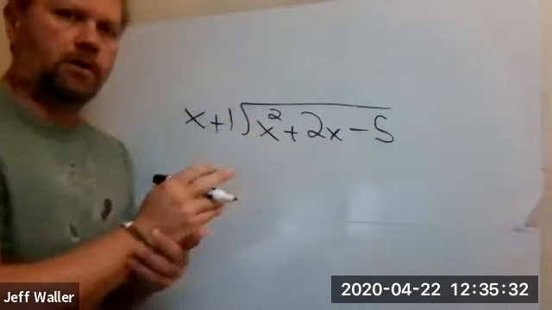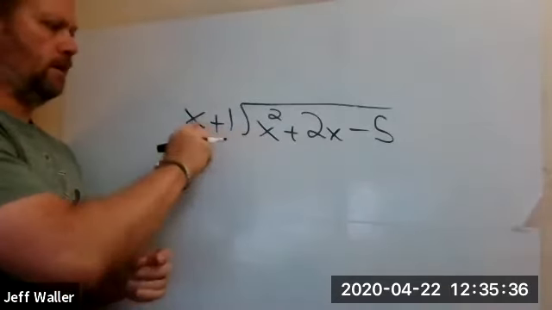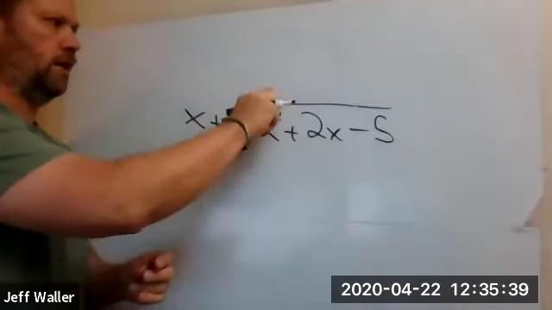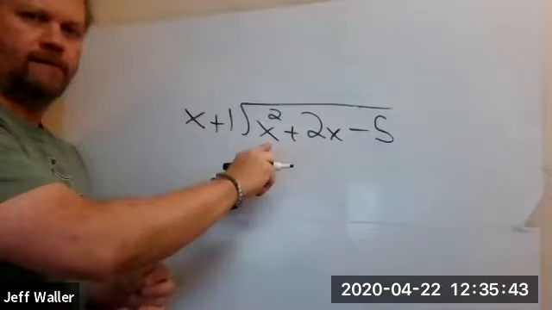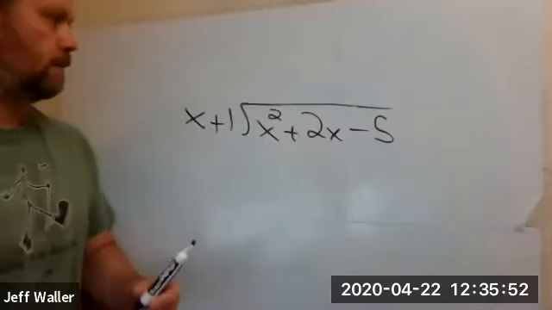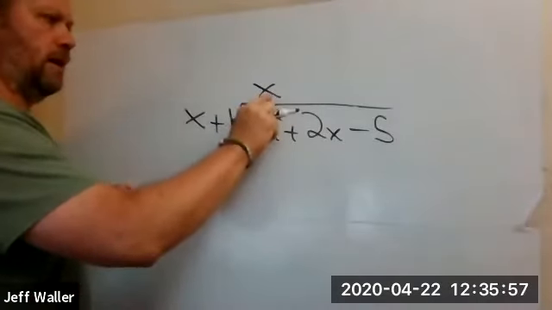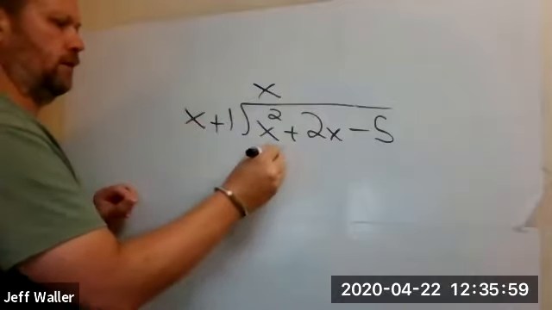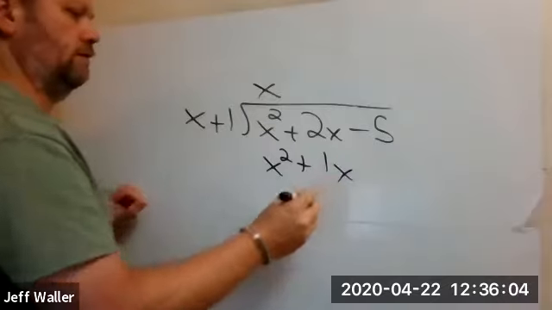All right, by now we should all be very familiar with this first step. We look at the first parts. X times what is x squared? Who can tell me? X. I love it. Got it. So x times x is x squared. Then I take what I put up here. X times x is x squared, like I just said. X times 1 is 1x. And then, of course,